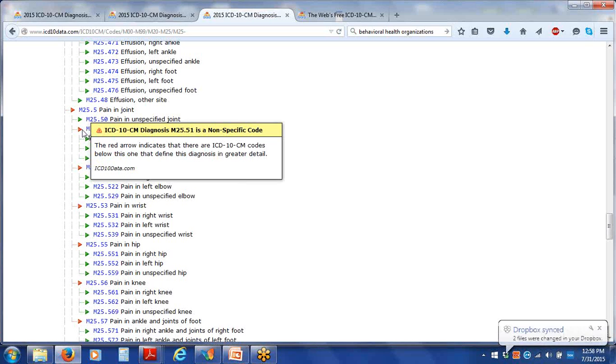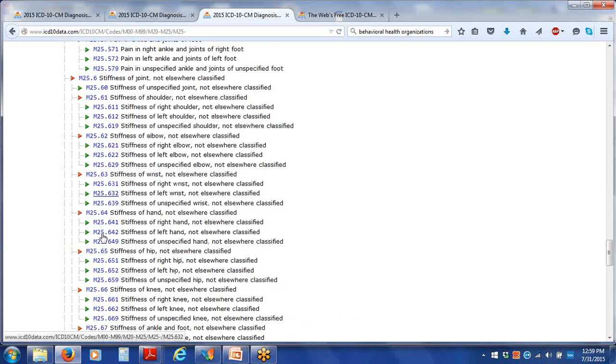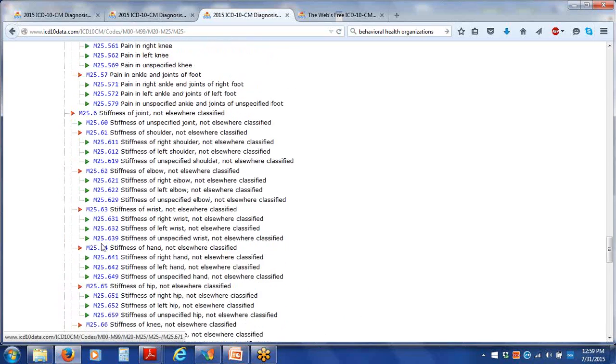The pain in shoulder says it's a non-specific code. It's got a red arrow. That means that there is one that has greater detail, and that is your laterality. That takes you out to your 6th digit. You have right shoulder, left shoulder, unspecified ends in 9. Okay, so yeah, you can use it, but again, if you just use pain in joint and you don't take it out to the specific joint that you're dealing with, then you're going to find that that code may be